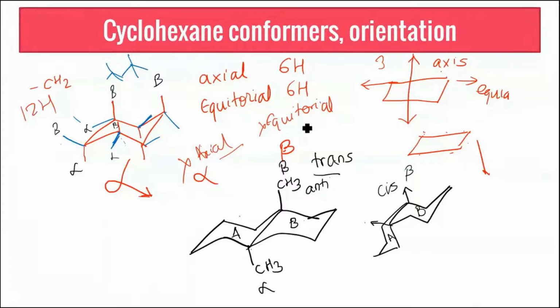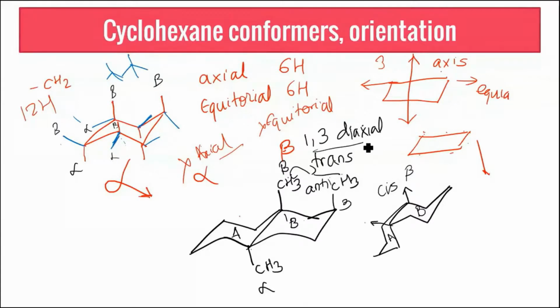For a simple understanding, those who at least remember, if I have bonds here and here, we call it some type of interaction, because these methyl groups are going to interact with each other. The specific name is 1,3 diaxial interaction. Because they are axial bonds, they are placed 1, 2 and 3 to each other. 1, 2 and 3 in this case is not the proper IUPAC numbering, it is the relative position. So if one atom is present on the first carbon, the next is present on the third. So this is typically known as 1,3 diaxial interaction.